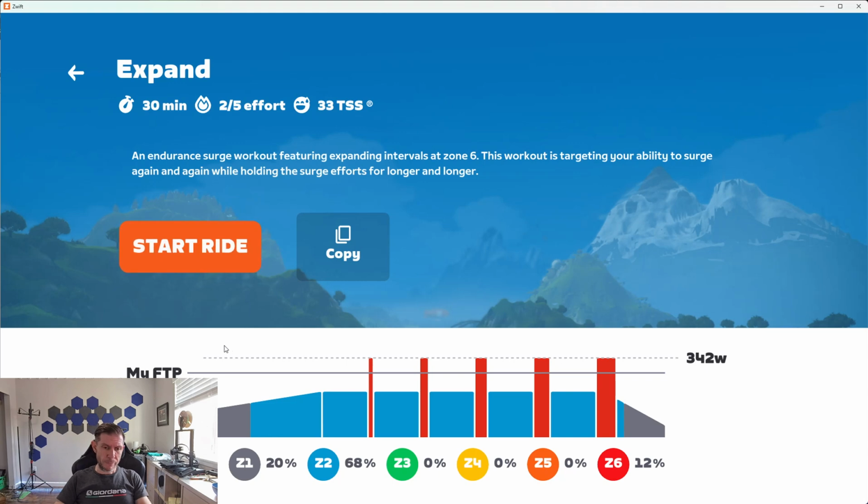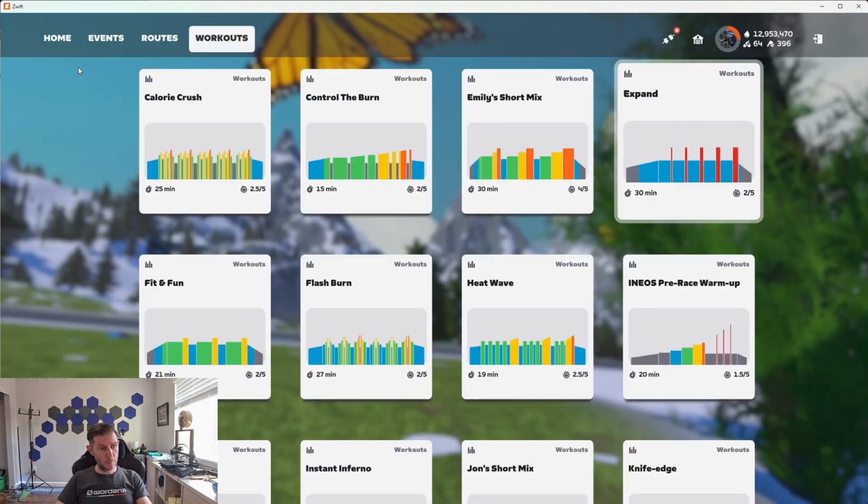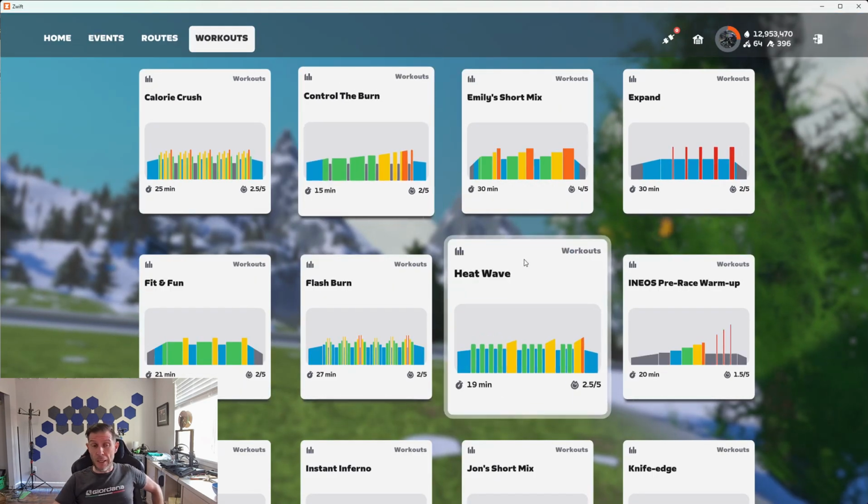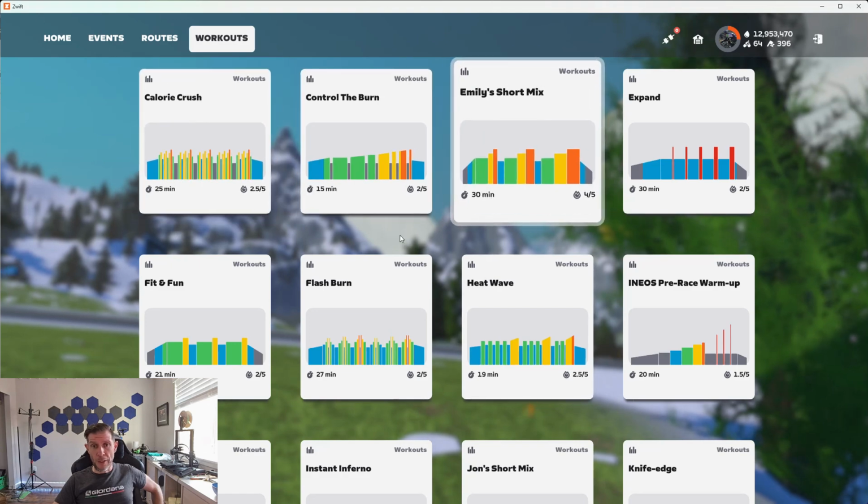So set your expectations accordingly. Just because you see a bunch of red doesn't mean it's bad. But it's relatively easy to memorize. You could do this on the road if you want to, as long as it's safe to do so, and you'd be okay. Okay, so there are my top 5 and bottom 5 in the 30 seconds to spare segment of workouts,